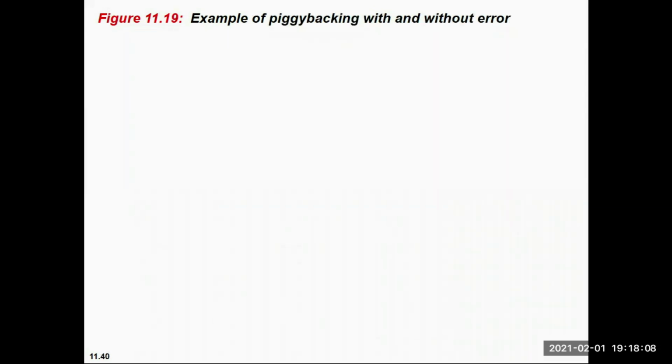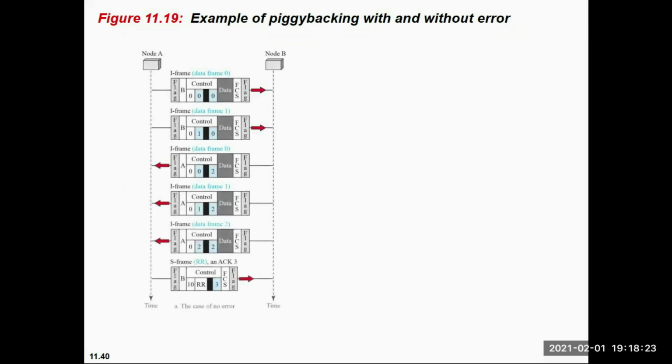Now we will see one example which shows two exchanges using piggybacking. So we will take one case. In this case, the information frame is sent from node A to node B, that is frame 0. Then information frame 1 is sent.